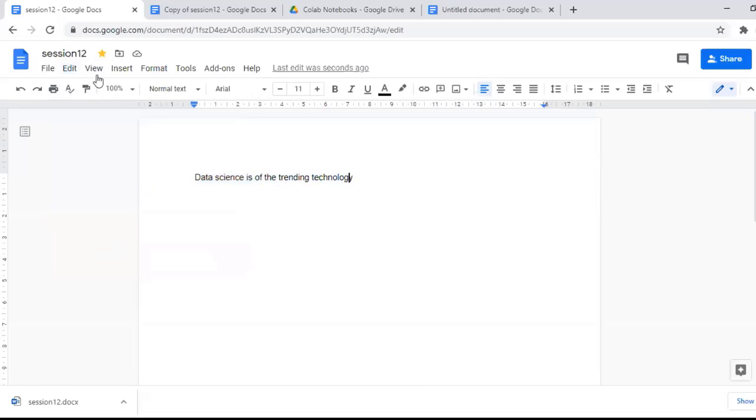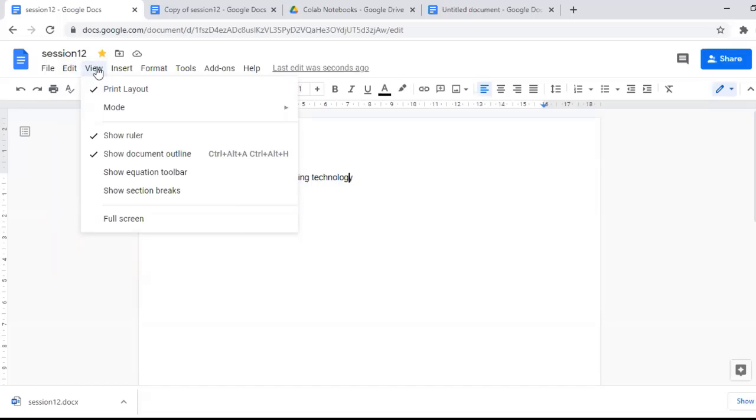Okay, and if you click on view, you can see print layout, show ruler, show document.